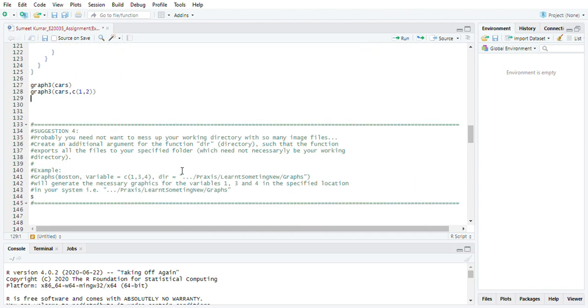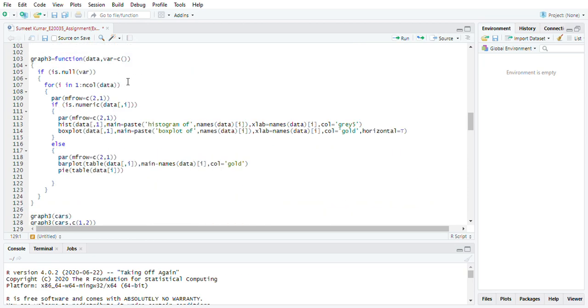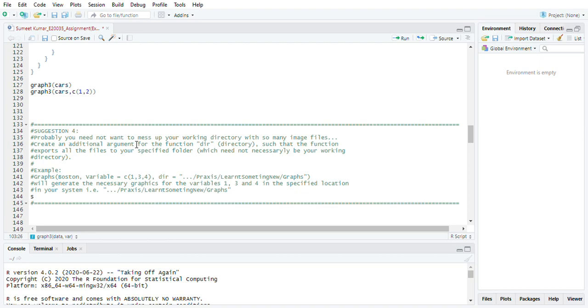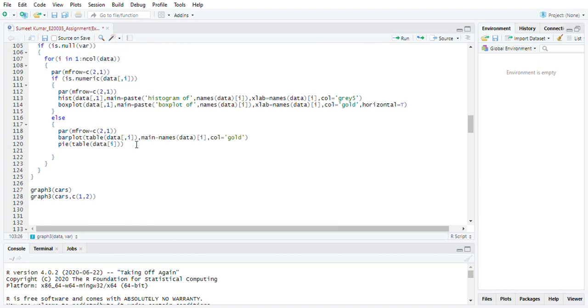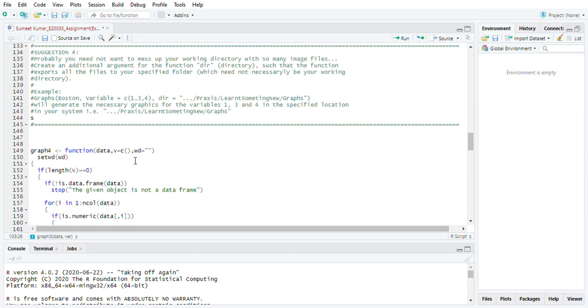In the fourth function, as we all know, every time in the above functions we have to mention the data and the column, and we have to run it every time, and we are not saving our outputs anywhere. It is just running as an instance. So in this function I have made a further improvisation: you have to mention the data set, and there is an optional working directory, where this function saves the plots in the specified directory where you are going to mention the directory.